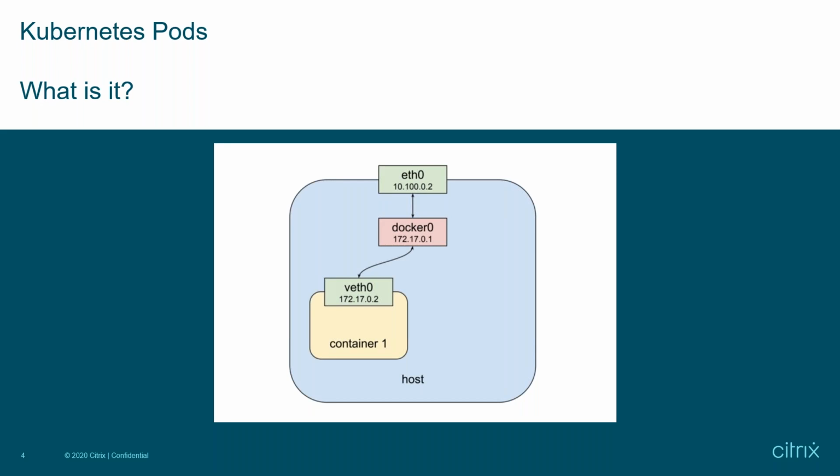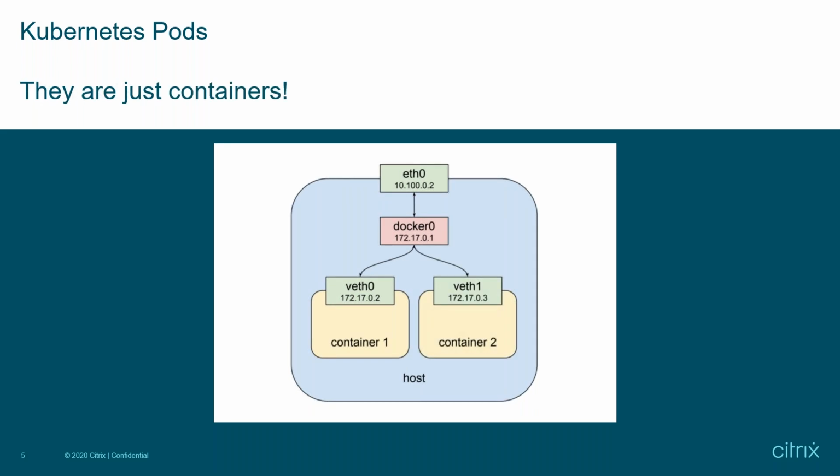And if we were able to then add a route to 172.17.0.0 on our router, an external device would then be able to access the container as well. So what is a pod? It is literally just a container. So it's just a container, but there are some special requirements. Notice how in this example,